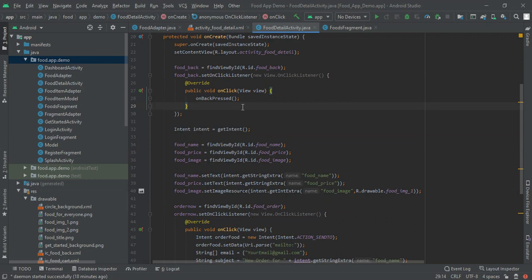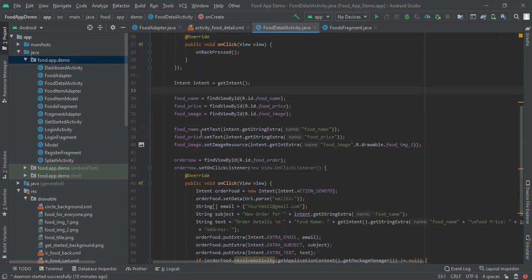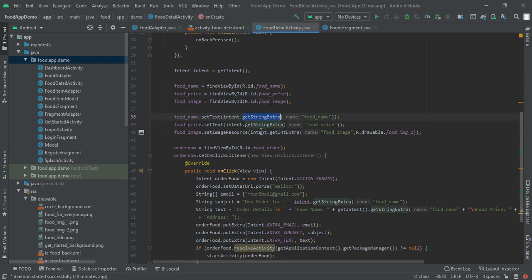Next I had get the intent through intent is equal to get intent. Now first I had casted all my other things like food name, food price and food image. And then I had set getting the values and set it in the placeholder. So first I have food name dot set text, that is intent dot get string extra, that is food name.